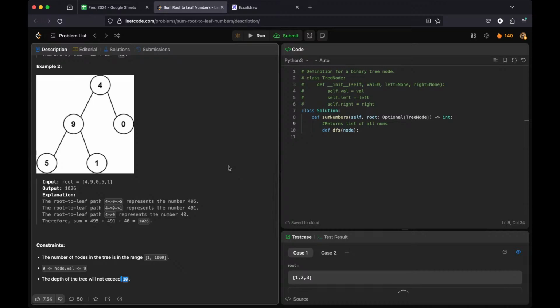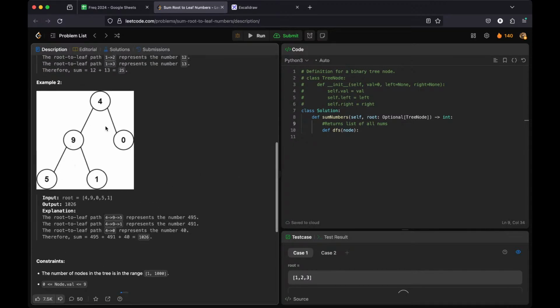I was going to say, you could do some bottom-up thing where you keep track of all the lists of the numbers, but I think when you go top-down, you just say what node are you looking at, and what's your current prefix of numbers that you've got. And then here I will just use a global variable because it seems really simple. So we'll say eventually DFS root and nothing, return